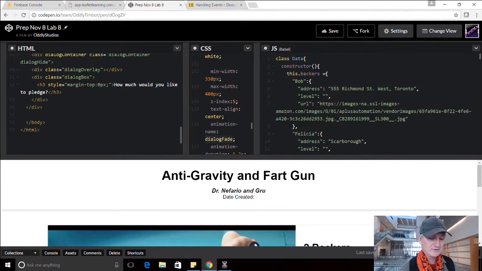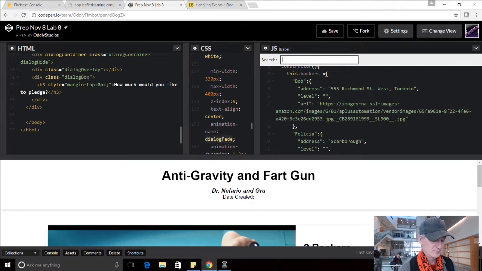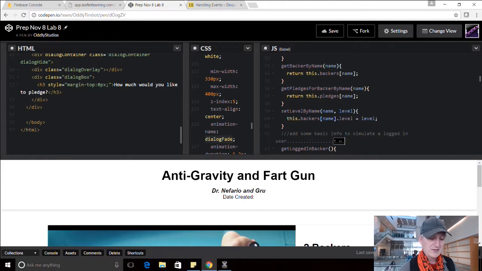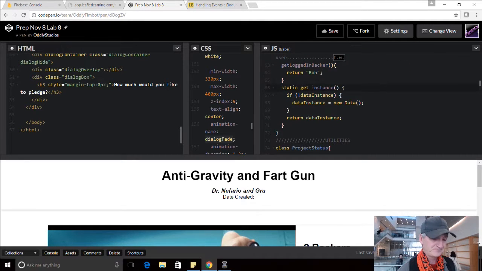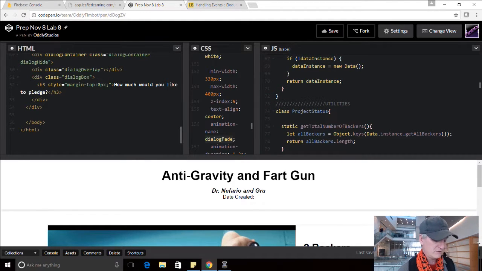So that leads us over to the JavaScript. And right in here, first thing we're going to do is add one more thing to the data class that will give us a simulation of a logged in user. We don't get into full authentication in semester 2. That's more like a semester 3 thing. So we're just kind of faking it here. And we're saying that Bob is the logged in user. So we're going to need that because if we continue on,